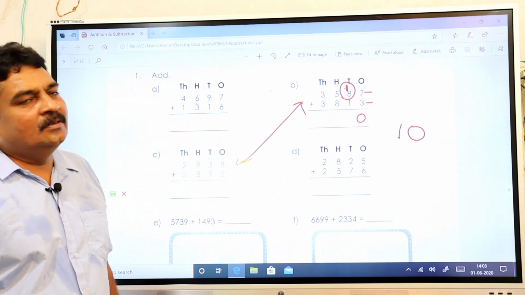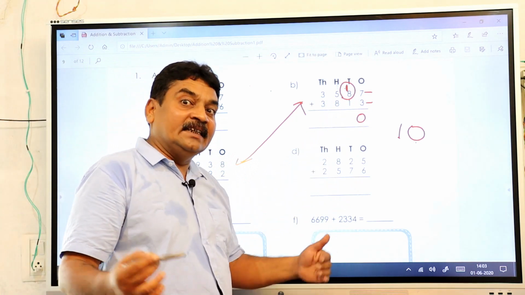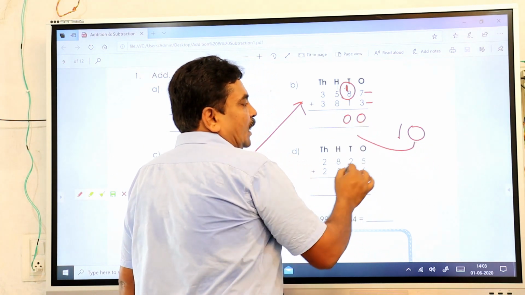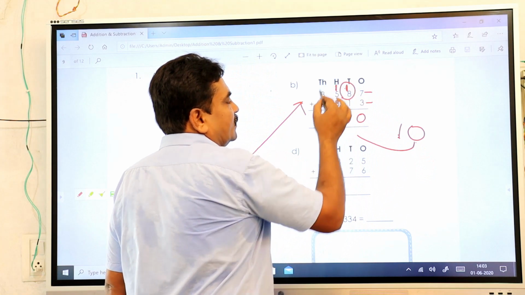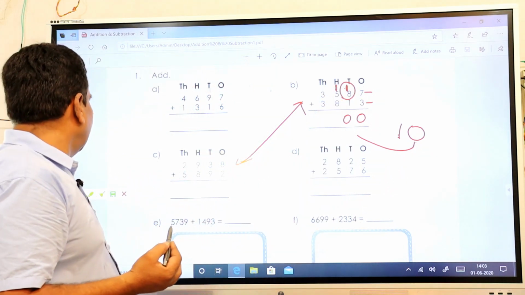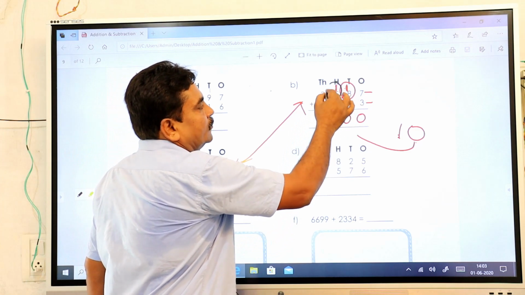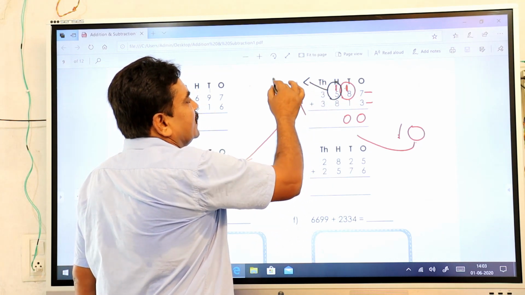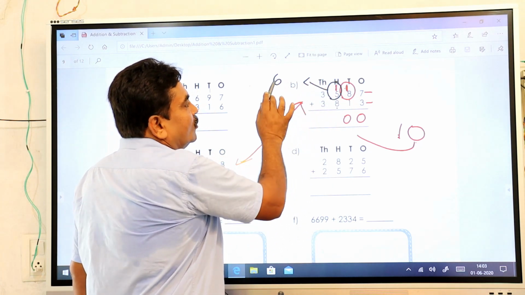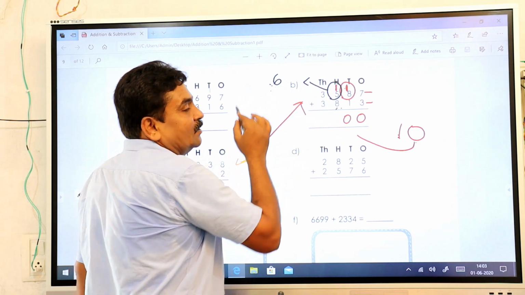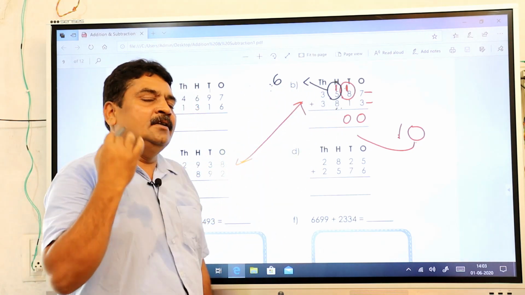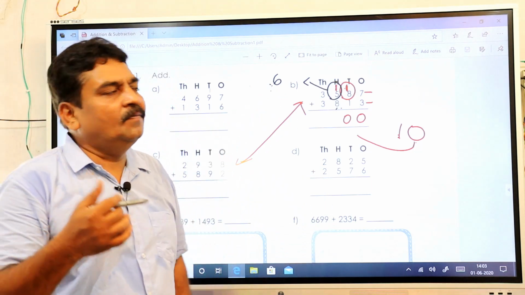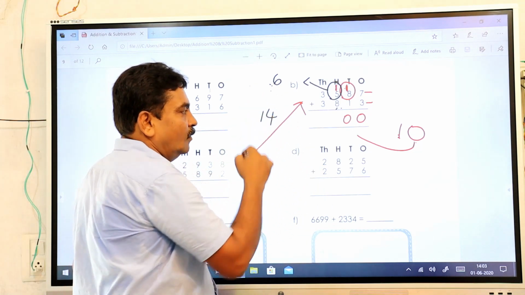Now you add these 2 numbers first. 1 plus 8 is how much? 9. 9 plus 1 is how much? 10. Again you got 10 here. So in the 1's place you keep 0, and the 10's place you carry forward to the next. That is 1 here. Again you add these 2 numbers first. 1 plus 5, that is 6. So you got the new number by adding the 2 as 6. You add 6 and 8. To add 6 and 8, you think, which is the bigger number? 8. So keep that 8 in your thought and then add 6 to it. 8, after that 9, 10, 11, 12, 13 and 14. You got the new number as 14.